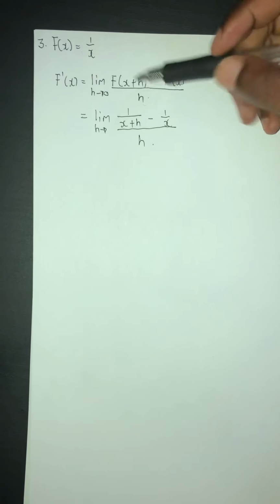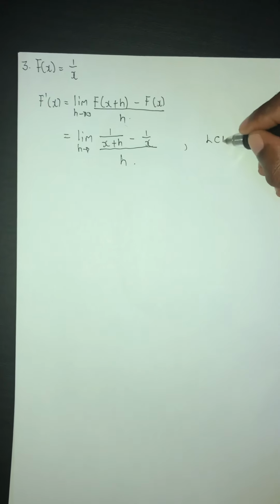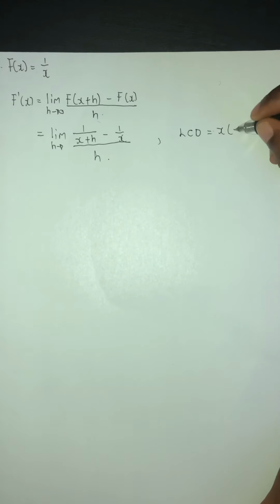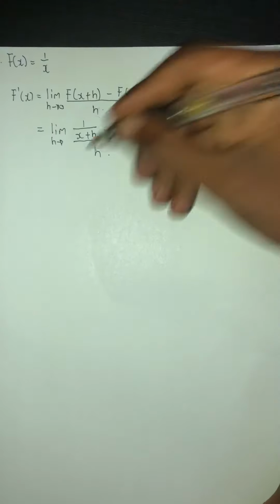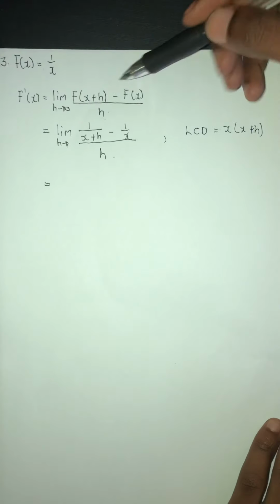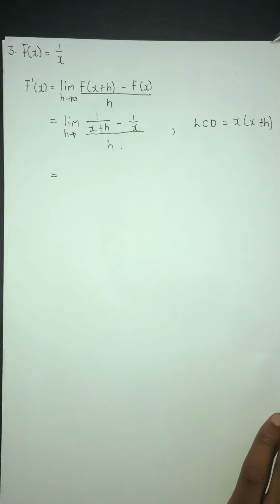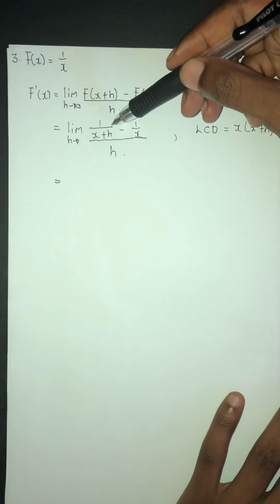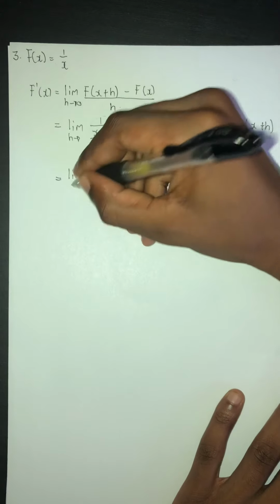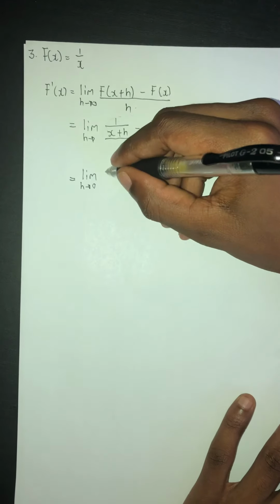So the top part is, in fact, we are subtracting fractions. Remember, when we subtract fractions, we need LCD. And then by looking at these two fractions, my LCD, I will say, is my x and then x plus h. So the method goes like, when you're adding or subtracting fractions, you multiply each term with the LCD, then the remainder you multiply with whatever is on top. So in this case, if I multiply this LCD here, the x plus h is going to cancel with the x plus h, and then I'll be left with what? I'll be left with the x, and then I take the x and multiply it with whatever I find on top, which is 1